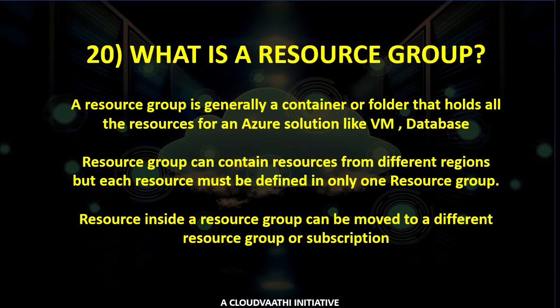So last week we saw different types of compute services and different types of storage services that are available. Next we will be seeing the different types of network services. Before that, we will take a step back and see what a resource group is. Whenever we create any resource, like your VM, your database or storage account, it should by default be present in a container or folder called a resource group.